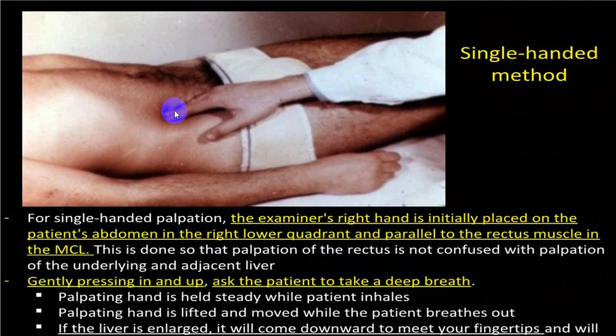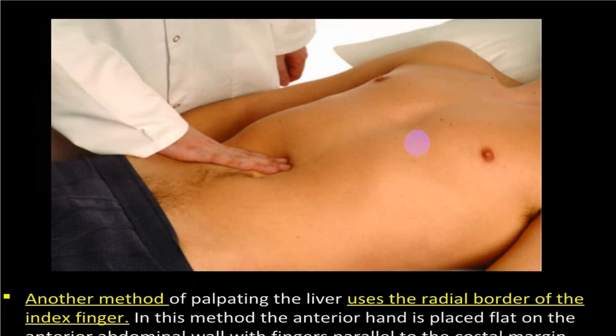most commonly being utilized. You can go in a clockwise method or anti-clockwise. Always go from a non-tender area to the tender area. So these are some of the principles you will have to follow. And always initially, first gentle palpation we call superficial, followed by a deep palpation. So this is single hand method.